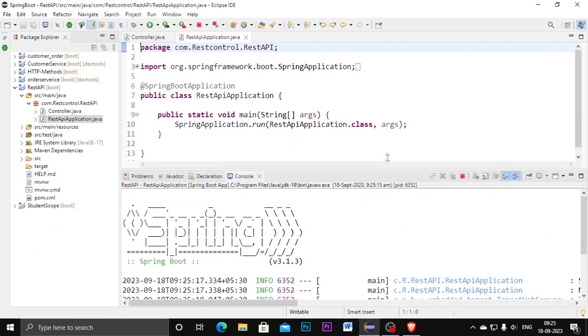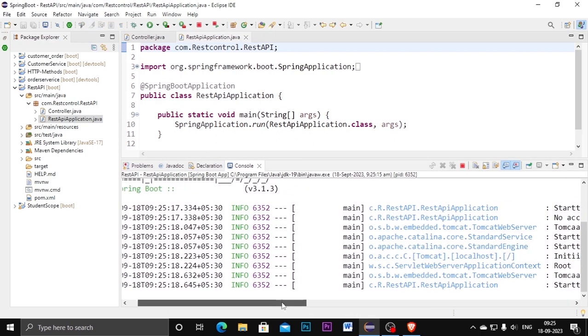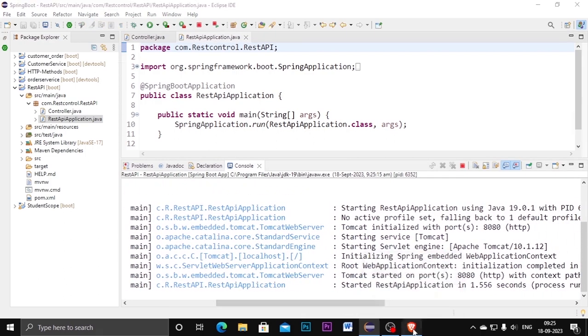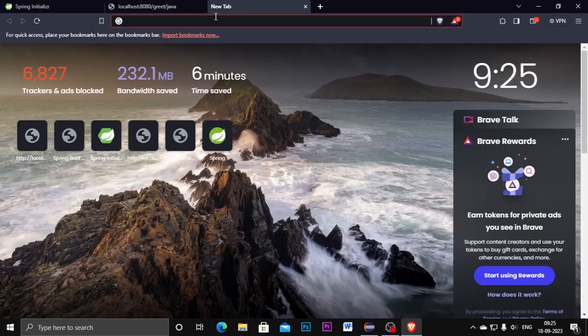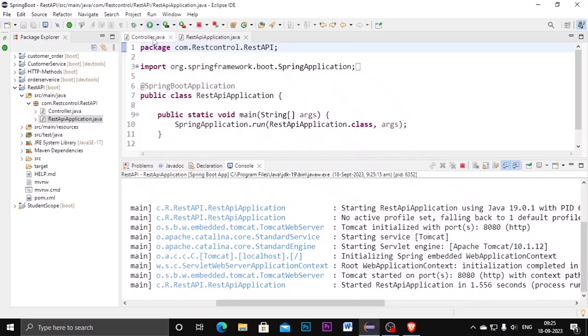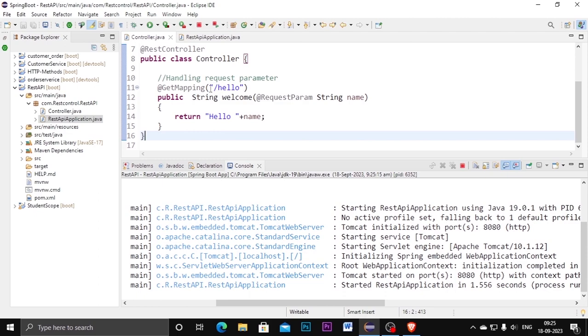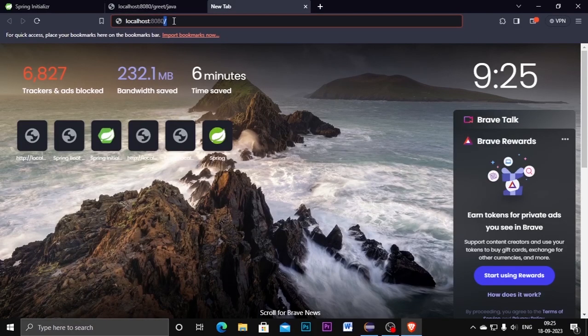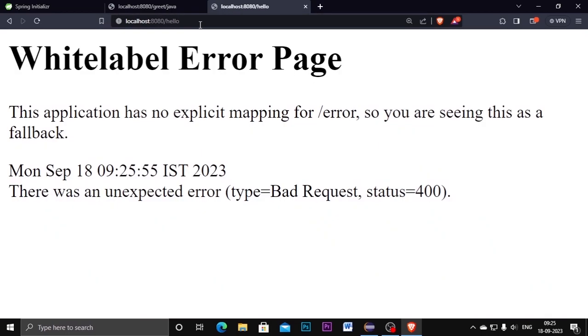It will be running here. Now we go back to the web browser, and here I am typing localhost:8080 and slash, after that you need to set hello, because the mapping I gave here is hello. So I can copy this and paste it here, and once I click enter